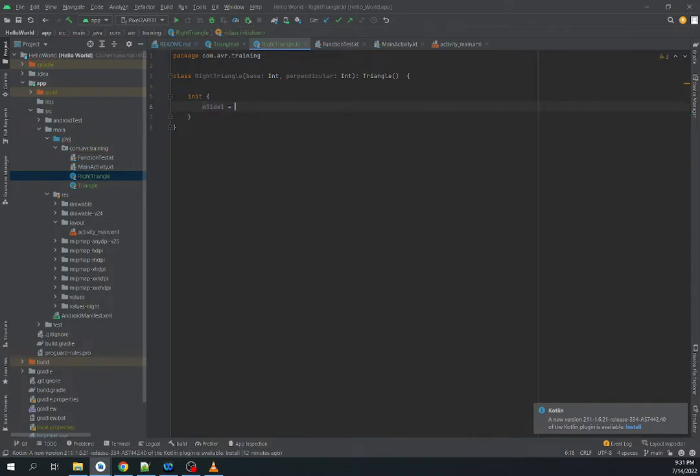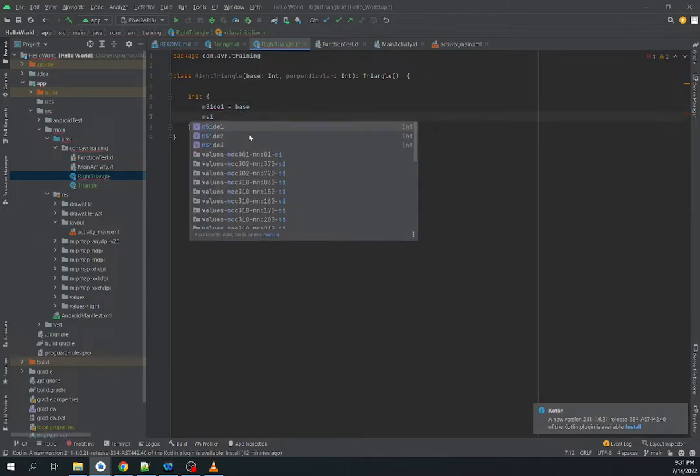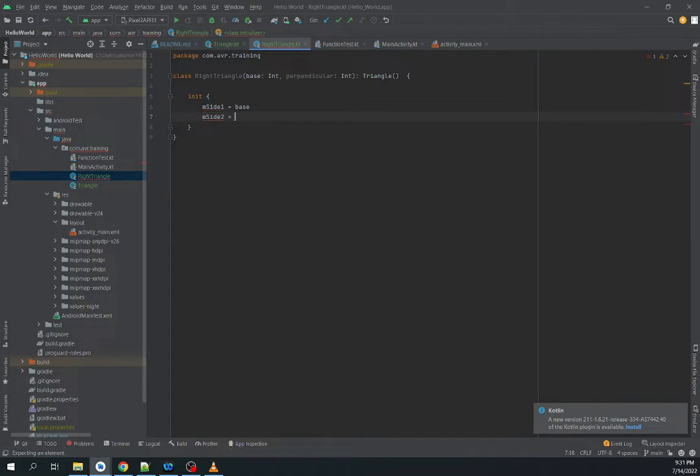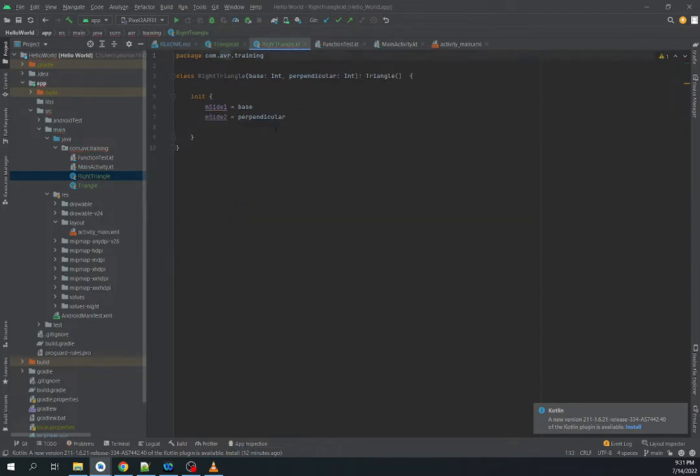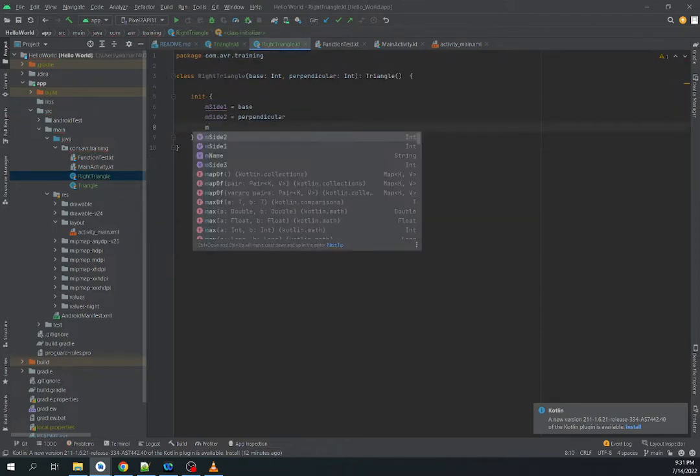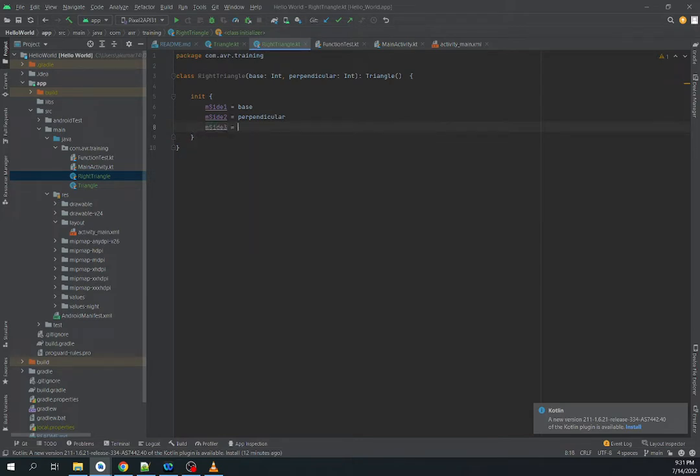M side 1 equals to base, M side 2 equals to perpendicular, and here also it cannot be val type, it should be var only because we are changing. So, and the side 3, M side 3 equals to